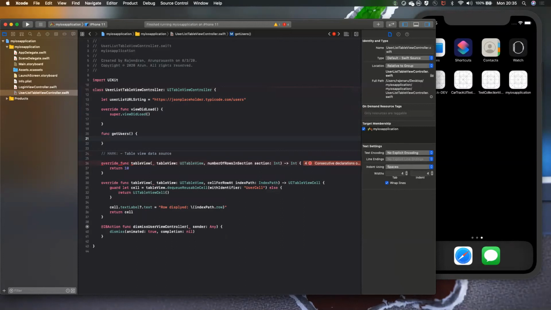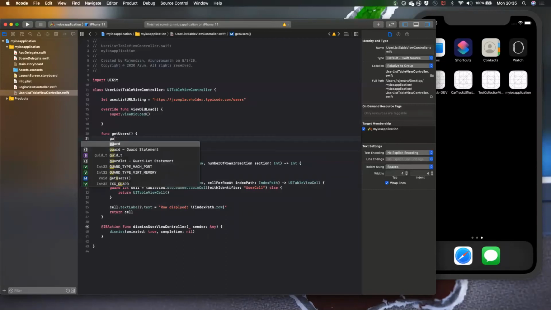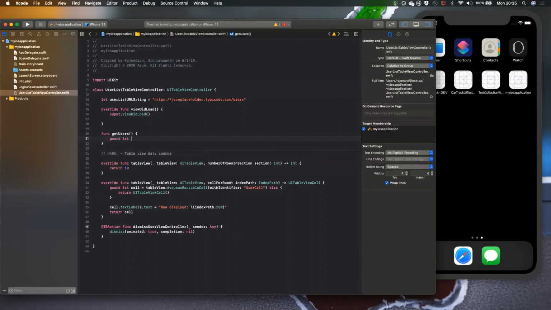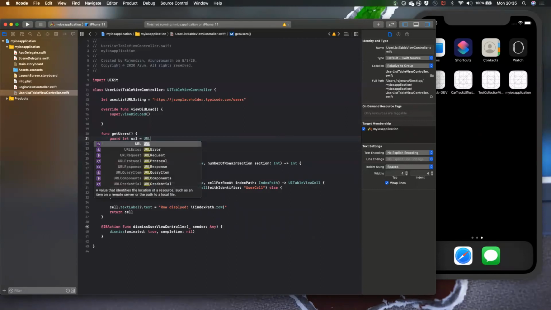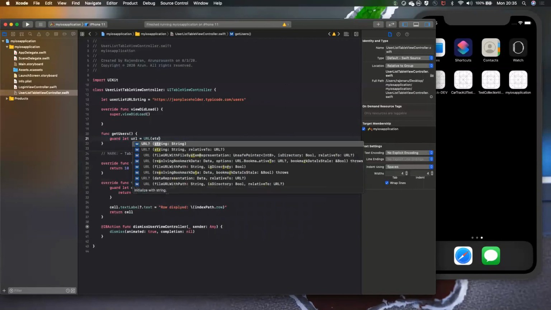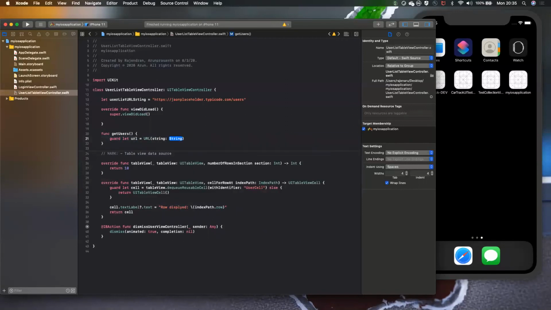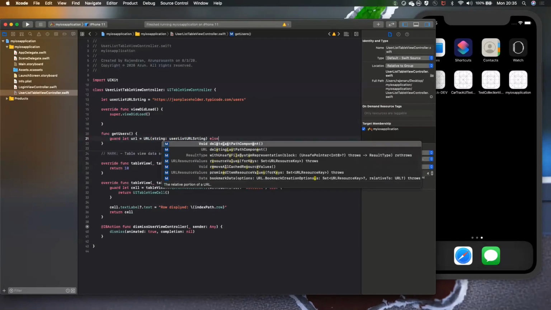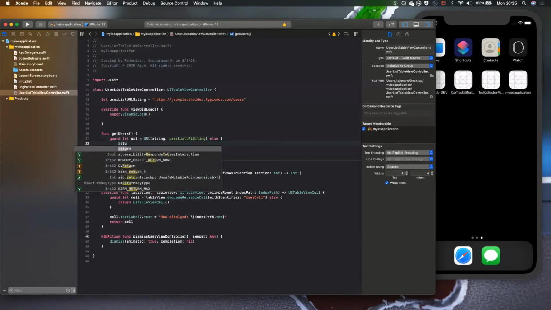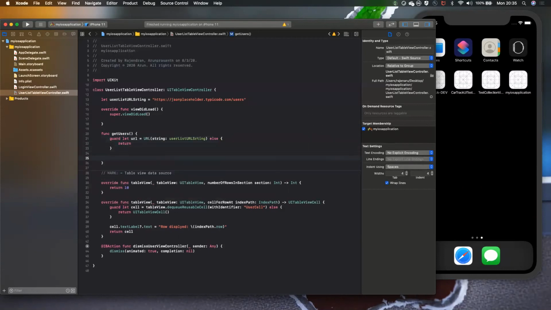For this, we need an active internet connection. I will be converting that URL string to URL. Let's type URL. This is the basic method. I want to convert the string to an HTTPS URL, so I just provide the user list URL string. Yep, now it's converted. If this is not empty, we'll call the API.